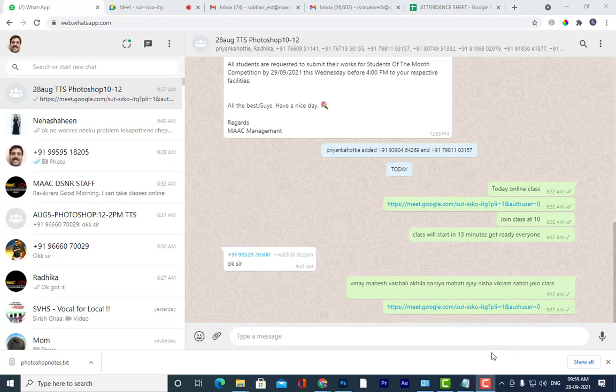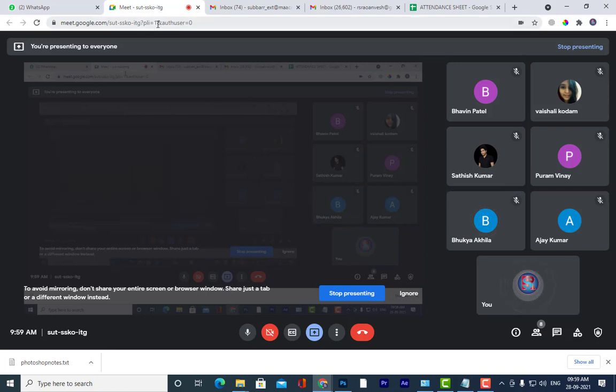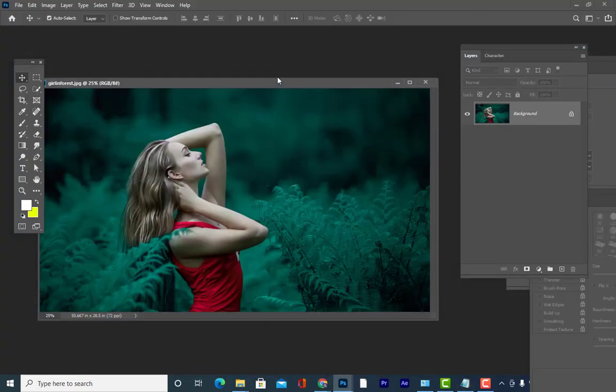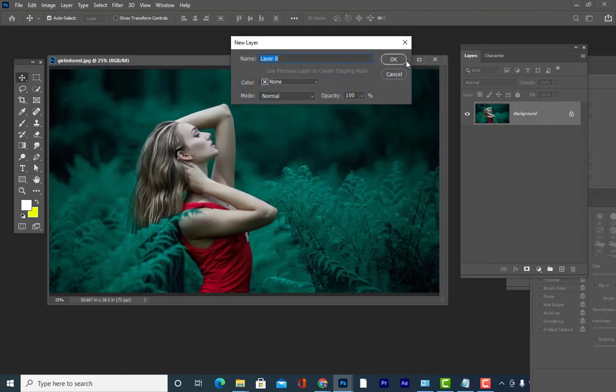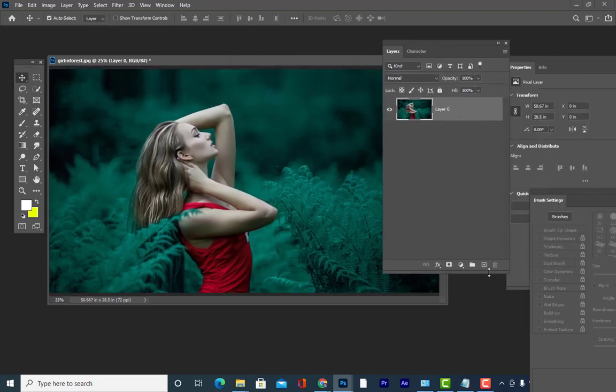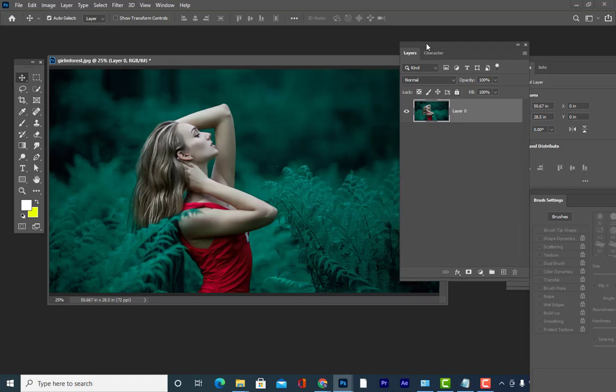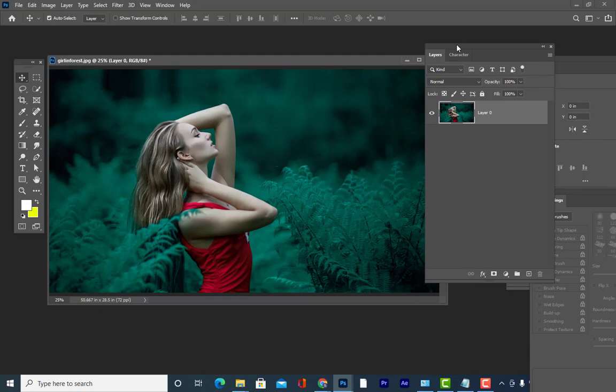Okay, everybody can see my screen? Yes, sir. Okay, so I think we were discussing mask. What was the text on side of the image? So everybody got that now? Text on side of the image. Yes, sir. Okay.